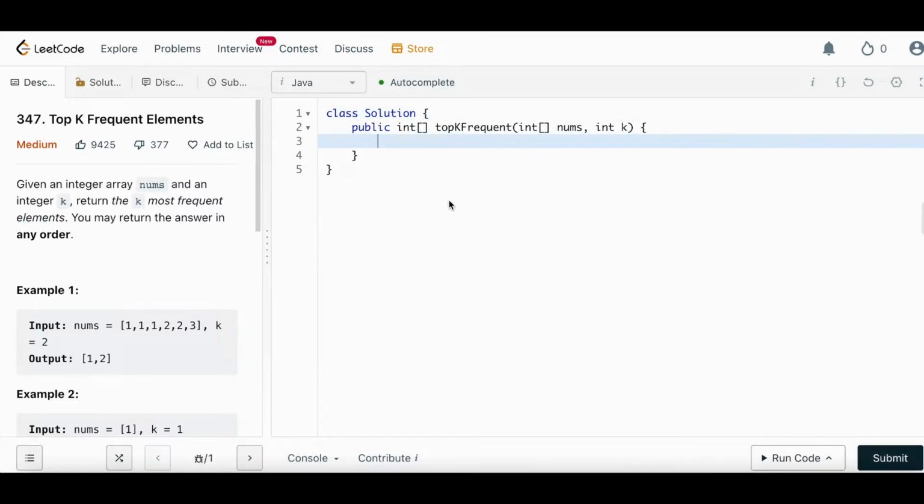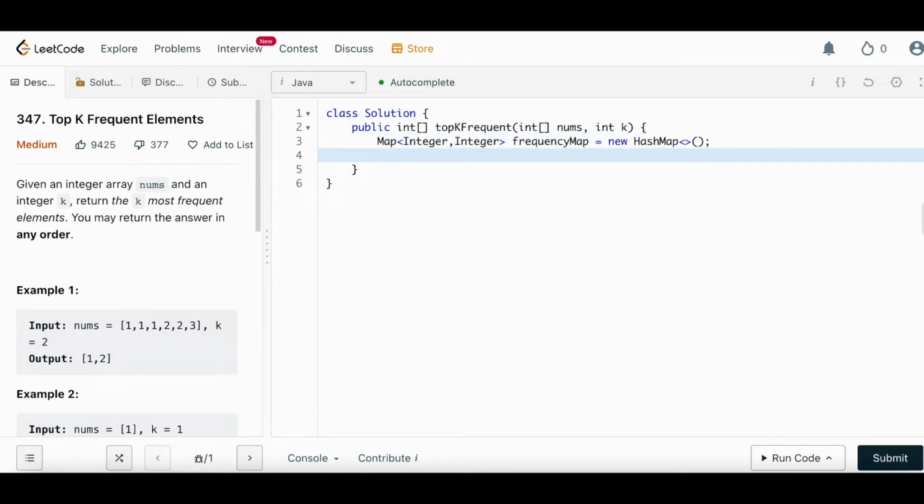So as we discussed, first we need a map to basically store element and its frequency, which is integer to integer. We can call it as frequency map. And I always tell you during my videos, make sure to use a good variable name which conveys some meaning. It should not be perfect, but it should not be like only map or m or something like that. At least give it some name.